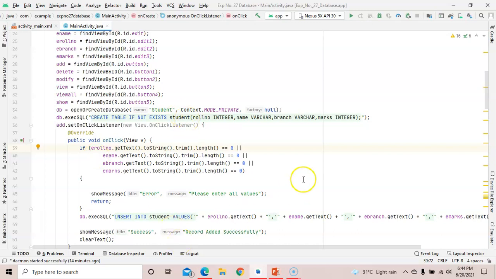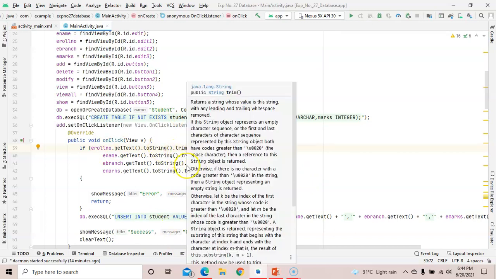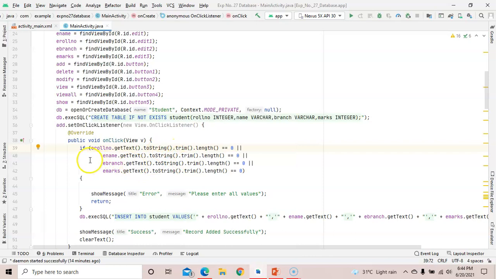What it means is, if any one condition is true, then the whole if condition will be true, right? That is logical OR. There are 4 conditions here, and if any one condition is true, then the if condition is true.